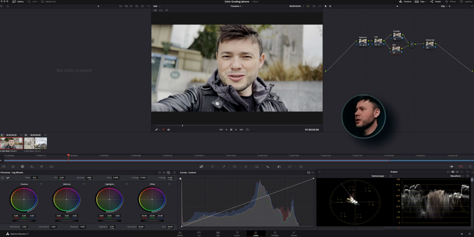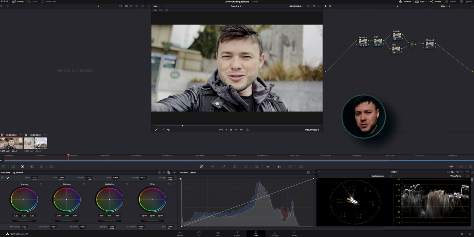You can play with it. The way we're gonna do it, and this is the right way by the way, is that we're gonna isolate the subject or the hero from the remaining of the shot. So I'm gonna isolate all my skin from the remaining of the shot so I can play with both without